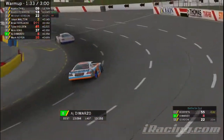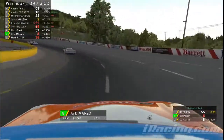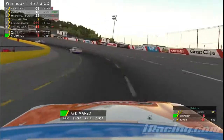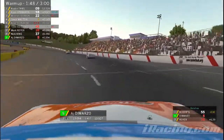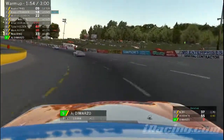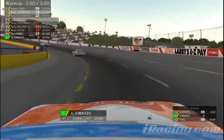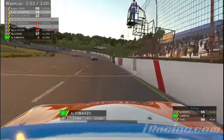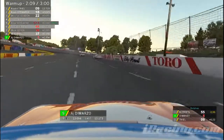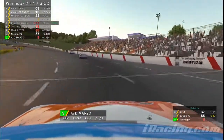A.J. DiMarzo in the 5 machine. Still 9th fastest at the moment, trying to improve on that time. This is just practice. This isn't qualifying now. They're just getting their final settings done, because a lot of leagues will use what's called a fixed setup. Everybody uses basically the same setup, and there are small things that you can change. Your wheel settings on your actual race rig, and a couple of 2 or 3 little settings to that fixed